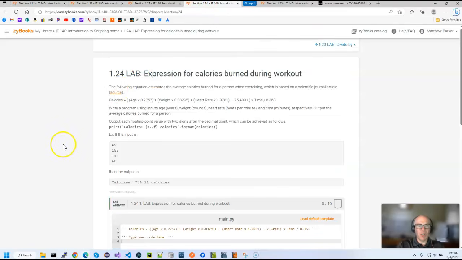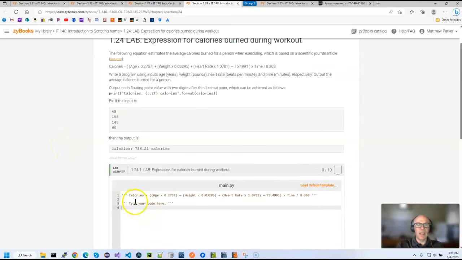Okay, in section 1.24, they give us a formula for how to calculate calories based on age, weight, heart rate, and time. And so what we want to do is input these values, the age, the weight, the heart rate, and the time. That's in this order right here. And calculate the calories, and then print this output right here. So to be honest, I would just do this right here. I would copy this,